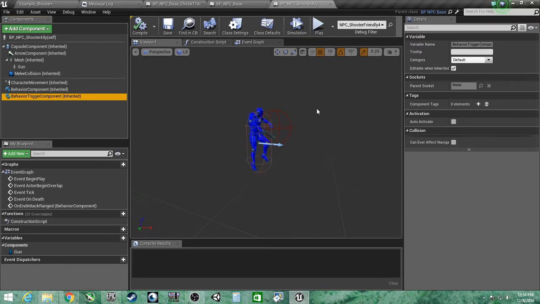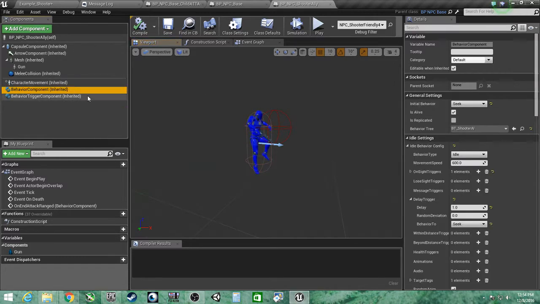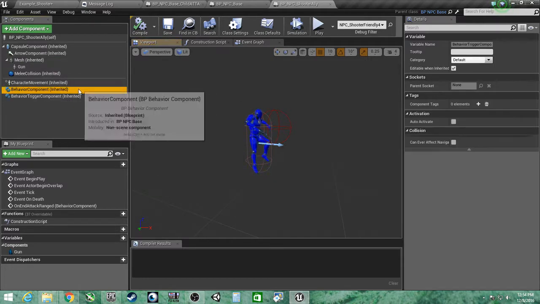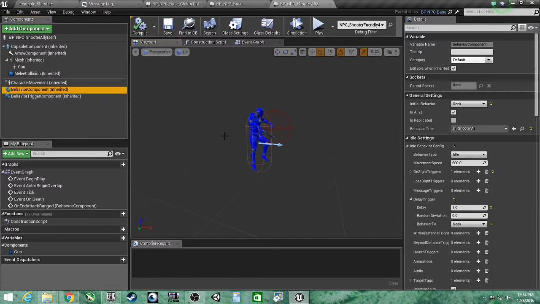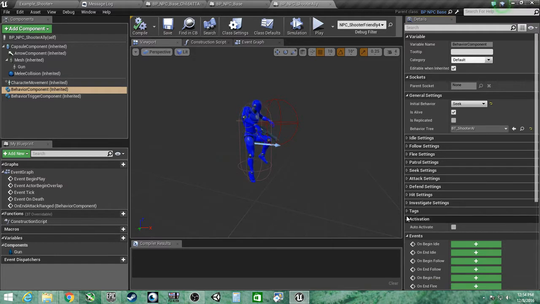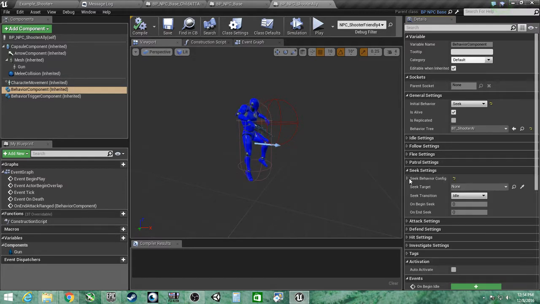can send messages out, which, if something else, like a red guy, is listening for it, it can pick up. So we can have artificial intelligence talking to each other. Initial behavior is saying this is what you do first. So this guy is going to start going through the seek behavior first. So I'm going to go down to that, seek, and see what it's even saying it's going to do. It's seeking,